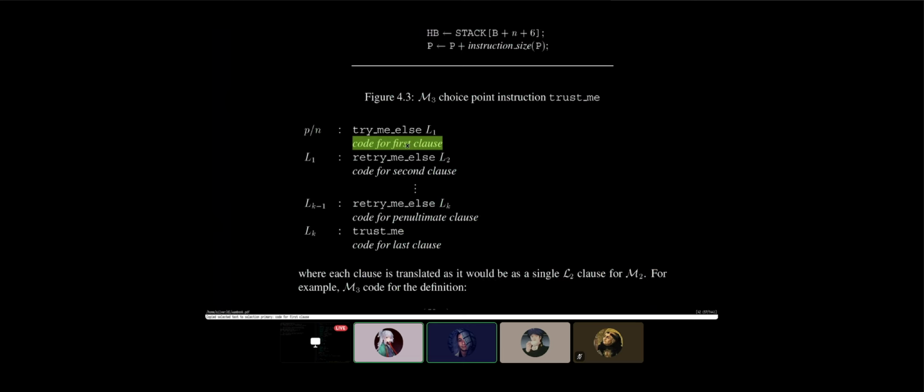So the plan is to do a fold now. I'm going to do the try me else. Then, well, we already did this. We need to fix this to have L1 here, which we can do right now. And then the plan is to do a fold, but there's a slight problem because the final case is different from the other ones.